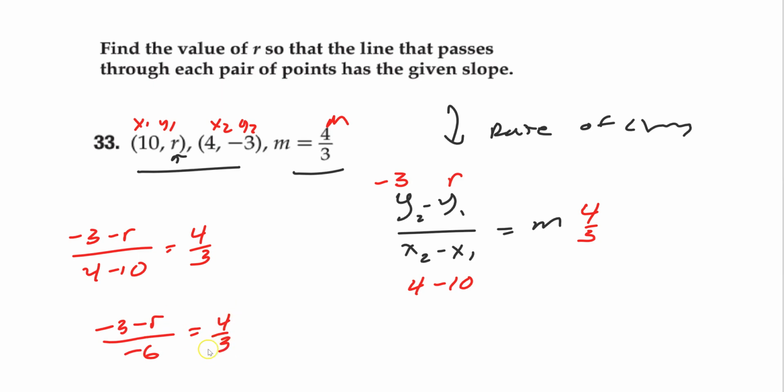You could cross multiply here. I used to love cross multiplying when I was a kid, but now I've realized I don't need to do it as much as I used to think. Just multiply both sides by negative 6. Get rid of that part right there. Less work. Here I get negative 2, so I get,